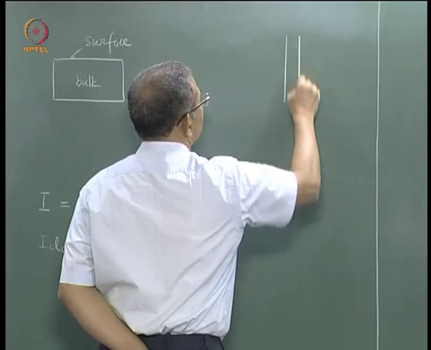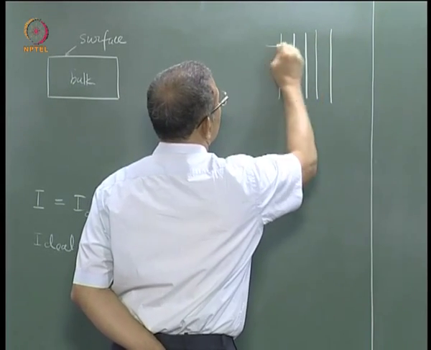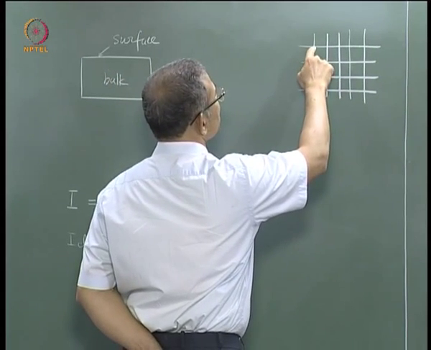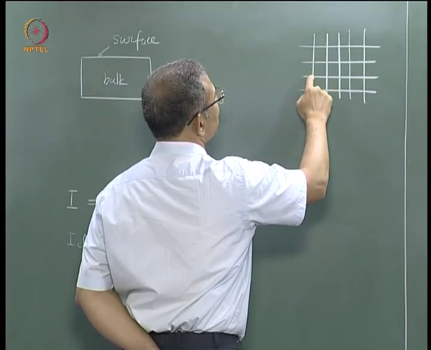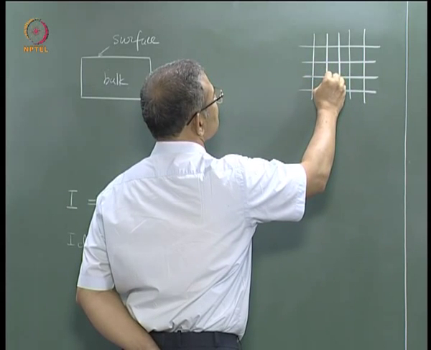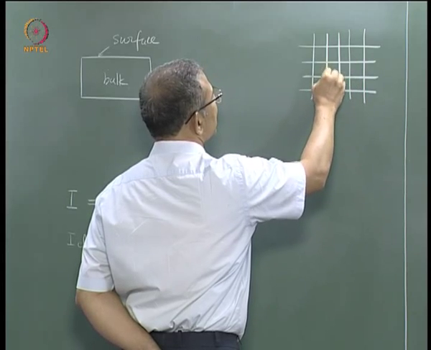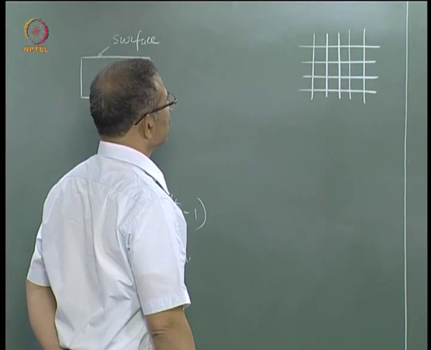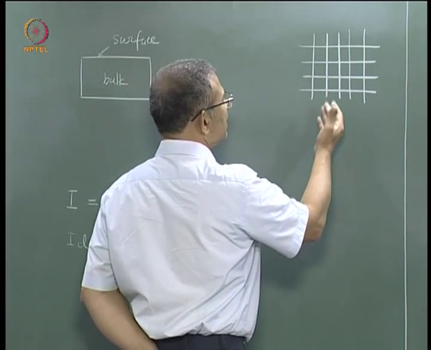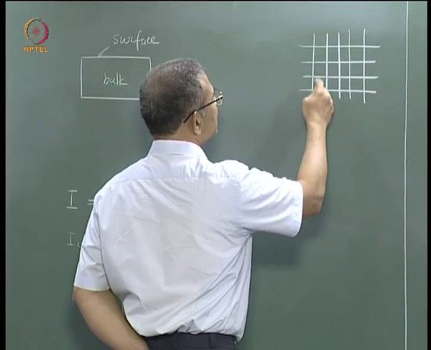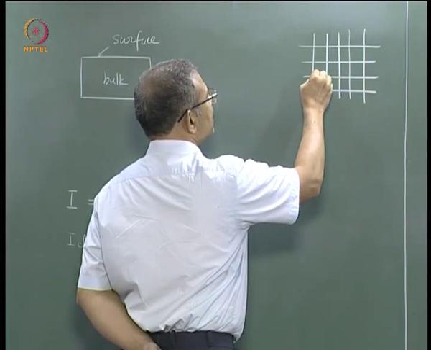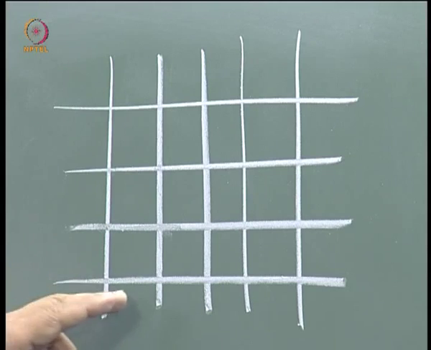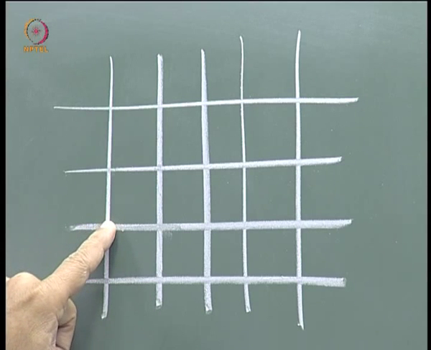Suppose the semiconductor such as silicon is shown by a two-dimensional representation like this, where at each point of intersection you have a silicon atom and the 4 bonds from the silicon atoms to the neighboring silicon atoms are indicated by these 4 lines. So this is the picture for silicon at 0 K. Now when you increase the temperature beyond 0 K, in a sense you have set each of these points in vibration. Now imagine a situation where this atom, let us say, starts vibrating.